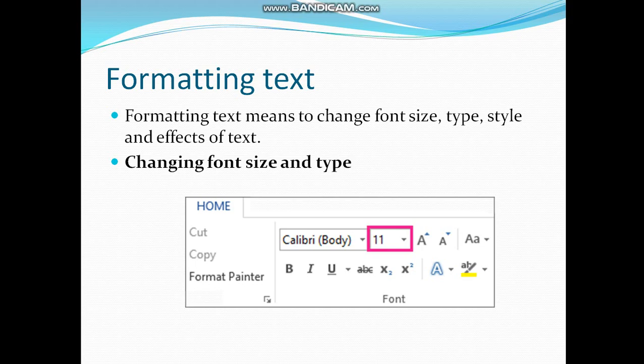bordered, and you will first of all select the text and then change the font size by clicking on the home tab, and in the font group you have the option, and as shown in the image, along with changing font size, you have the option of changing the font type too, and other options are also available, like B is for bold and I is used to make the text italic, and U is to underline the text, and many other options you can explore.